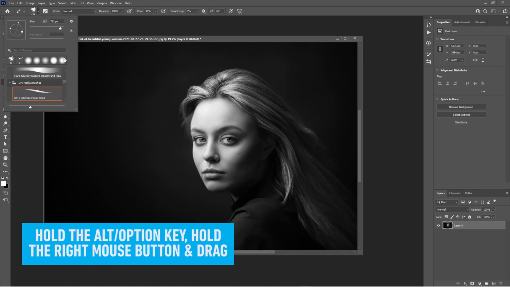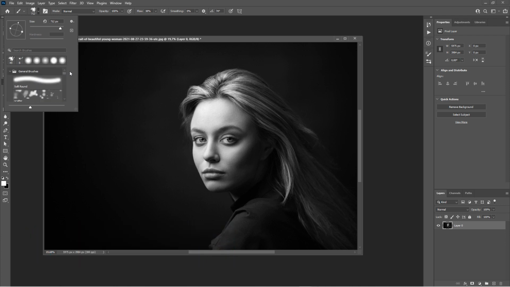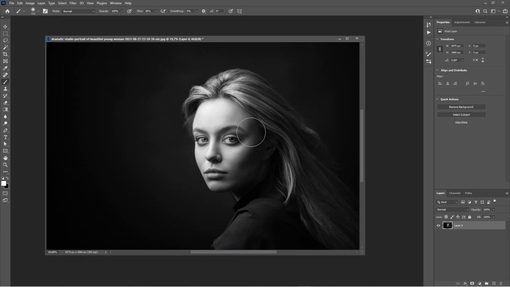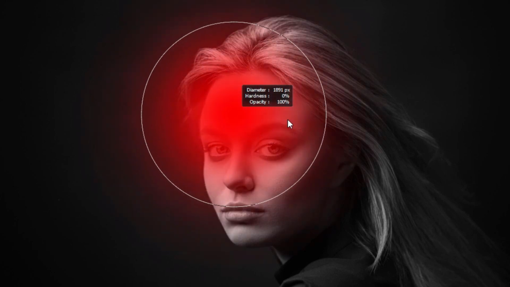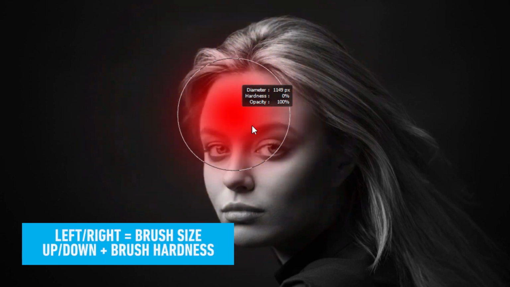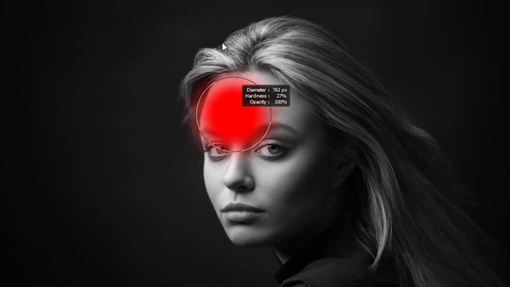And with a different brush selected, let me take the regular soft round brush, you can also do the same thing again with the Alt or Option key. Hold the Alt or Option key and start dragging. Again, dragging left or right will change the brush size, but when you drag up and down, it will now also adjust the hardness, which is a great way when